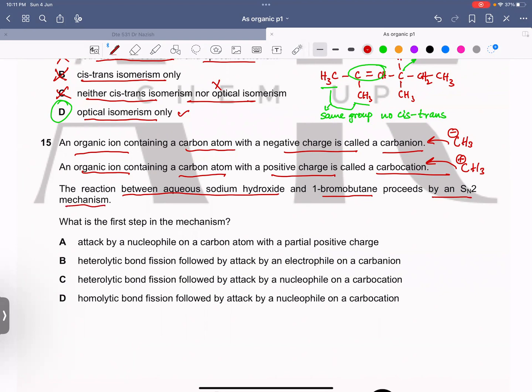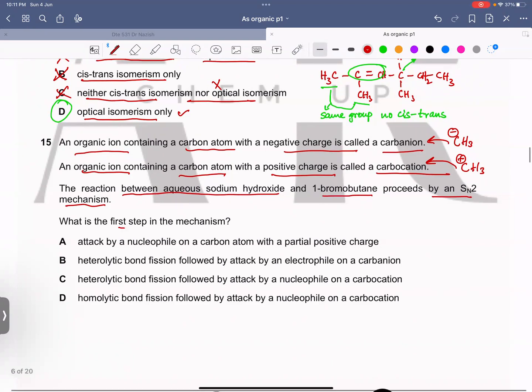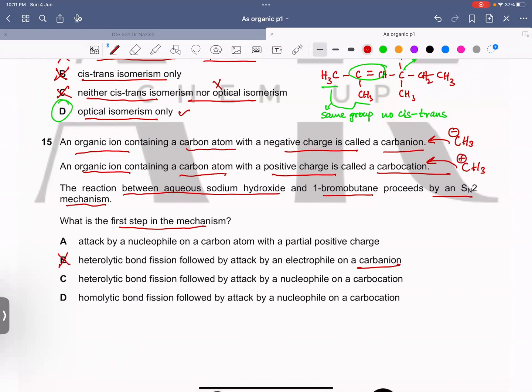is by SN2 mechanism. Okay, Abdullah, let me check. So what is the first step in the mechanism? If you recall, where we have a carbocation. So here they are saying carbanion, which makes B wrong, because if you recall, there is either